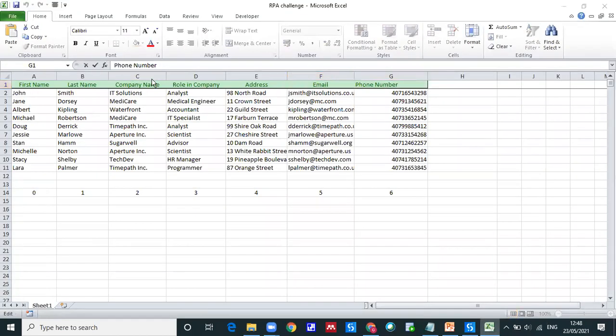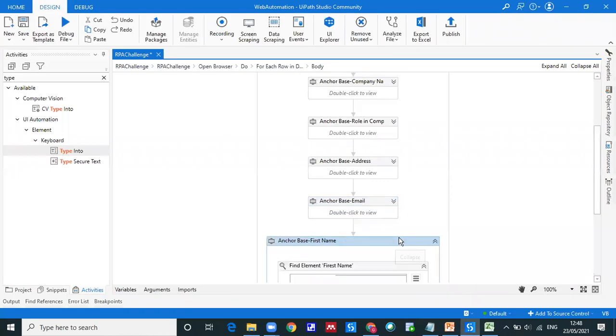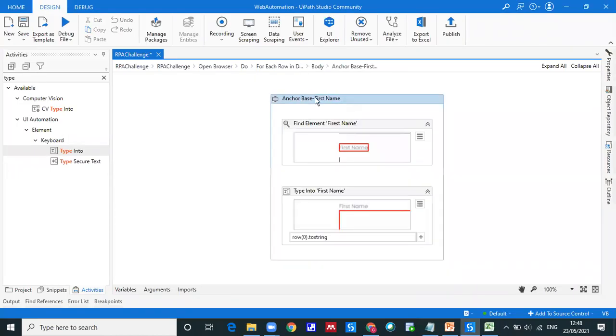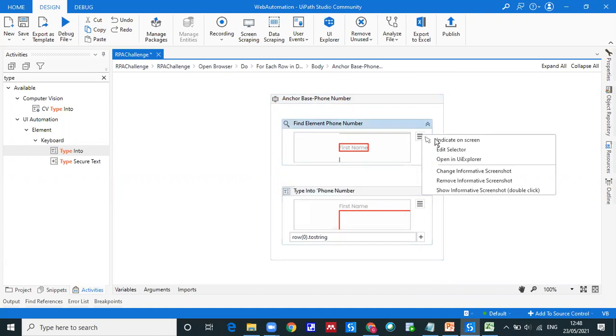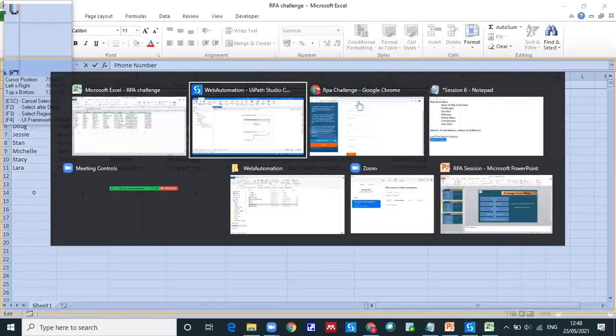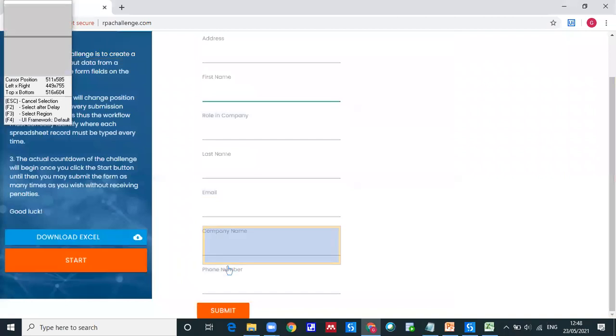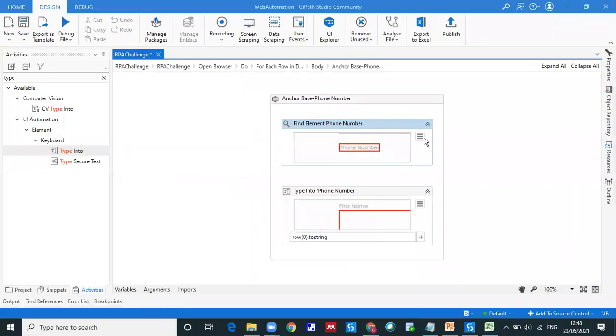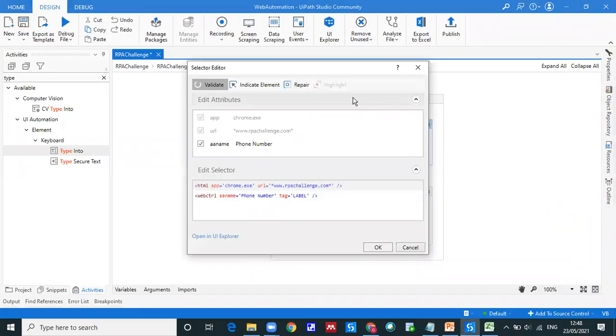So indicate this again, phone number. And also ensure it is highlighting correctly or not.